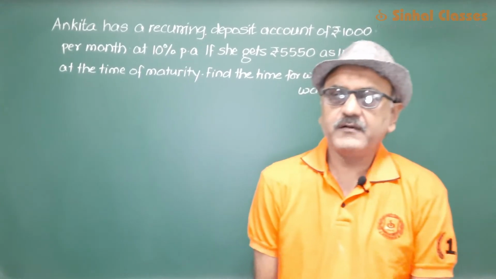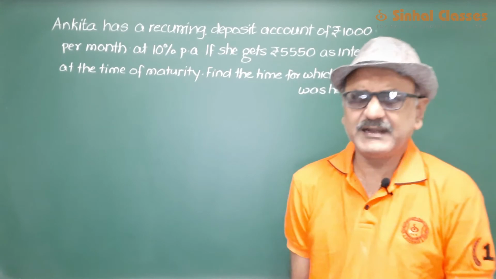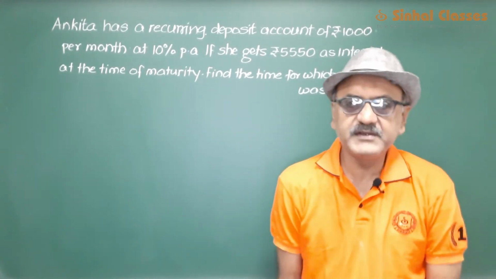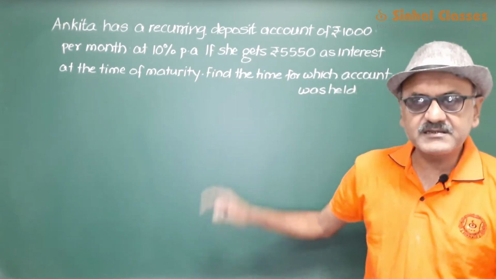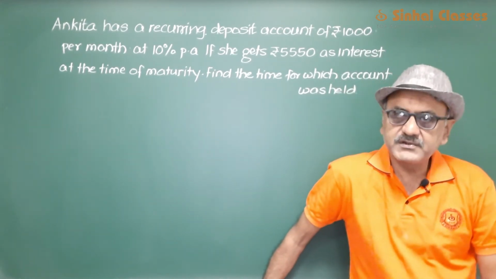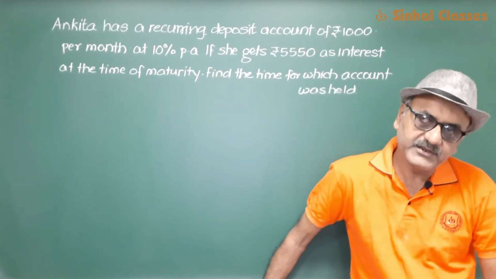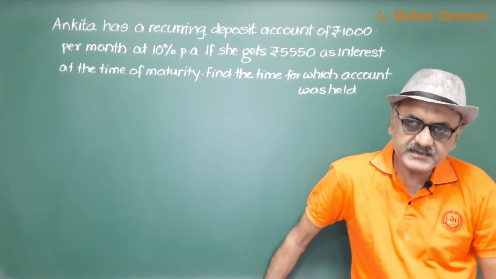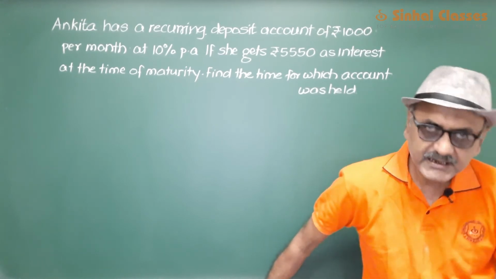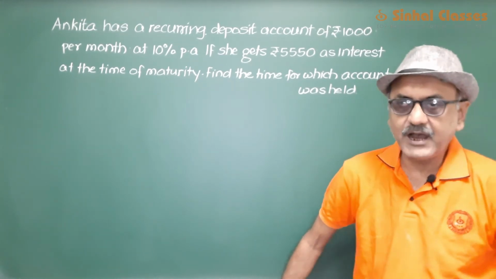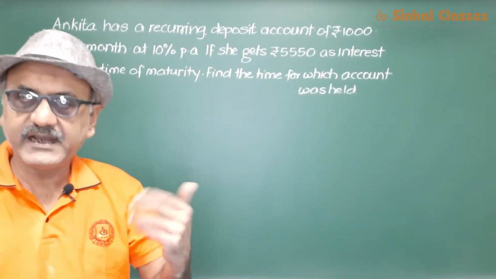Alright. One more sum from this chapter, banking. Now this is the kind of sum which we've normally seen that the students find difficult. In this sum, you have to use the method of splitting the middle term from quadratic equation. This is the only sum where the students find it a little difficult. Let us get started with this sum and see how the calculations can be made easy and simplified.